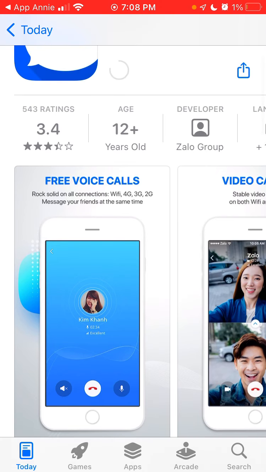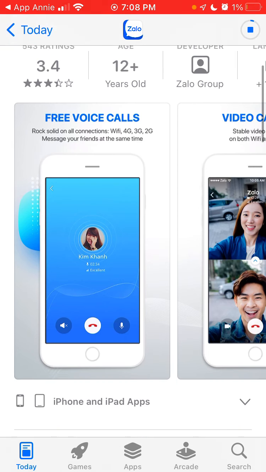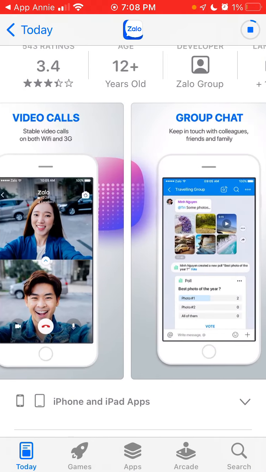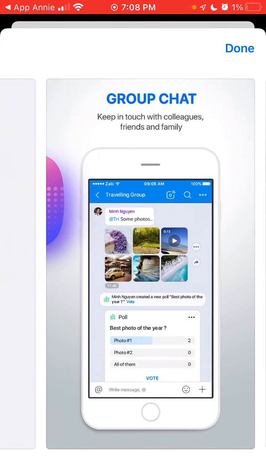I think it will soon be in the top 200 apps. I think it's in the top 300 apps in the US App Store. So that's interesting. With the help of this app, you can do all these video calls, you can do group chat,